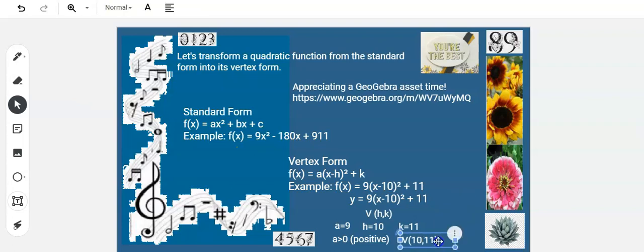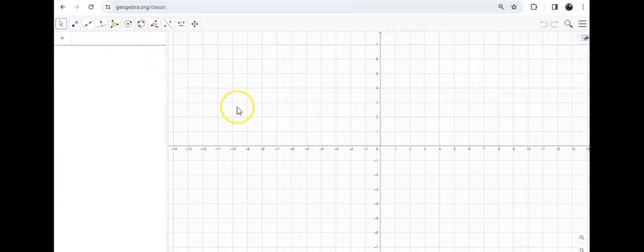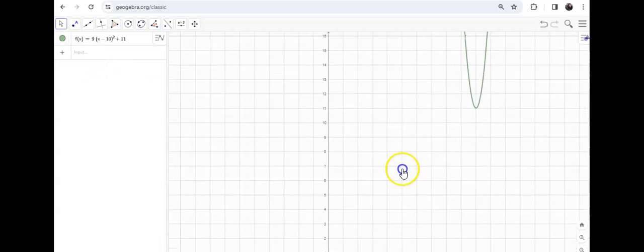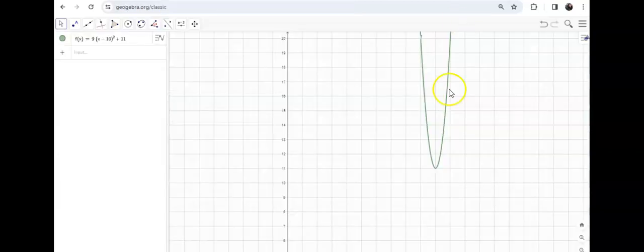Alright, so let's test our assessment using GeoGebra. Okay, so atong i-type sa algebra view, sa GeoGebra class ang vertex form sa mathematics. Okay, so vertex, no? Vertex is (10, 11). So let's check if vertex ay parabola (10, 11). So just type here in the algebra view the point. Okay, the vertex point. 10,